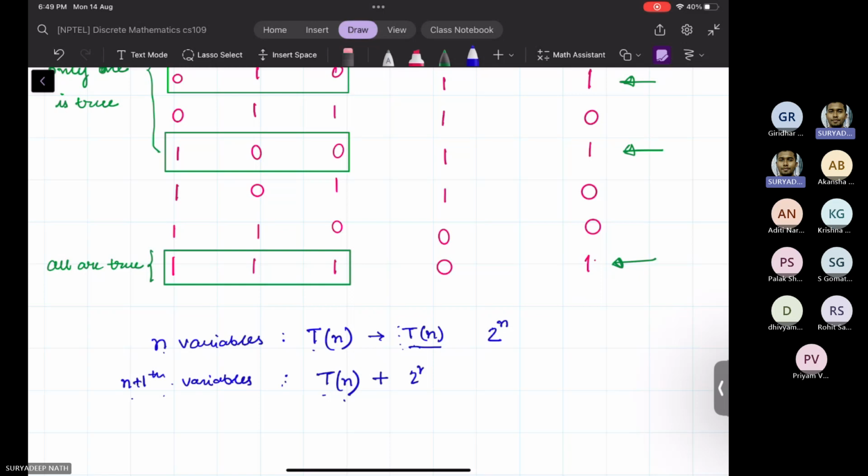And for 2 to the power n minus tn, it would again be true. So for the n plus 1th variable, it is 2 to the power n. So for the nth variable, it would be 2 to the power